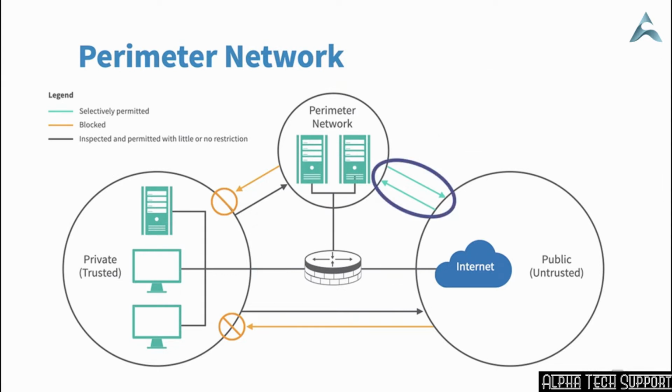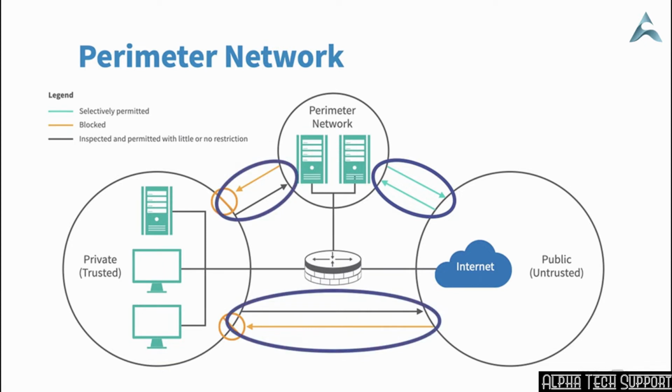Well, any traffic that's going between the perimeter network and the public network is selectively permitted. And any traffic that originates from the private network to go to either the perimeter network or the public network is inspected and permitted with little or no restriction. However, any traffic from either the perimeter network or the public network that directly tries to access the private network